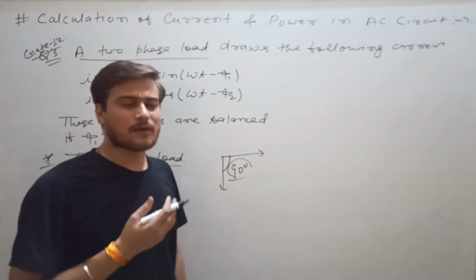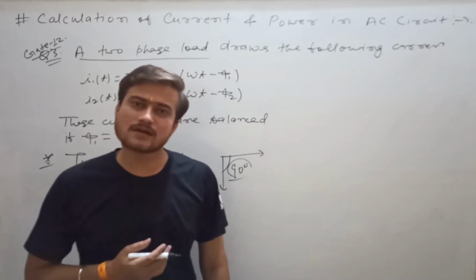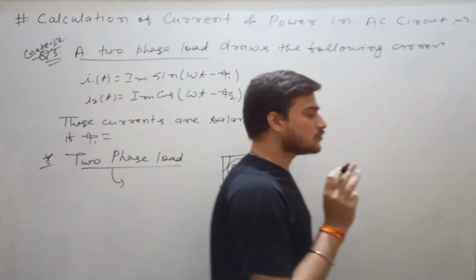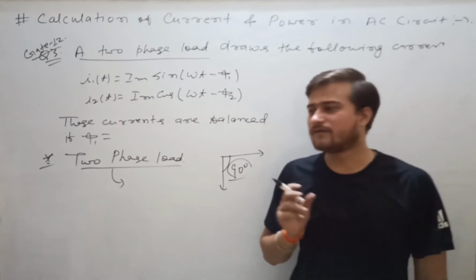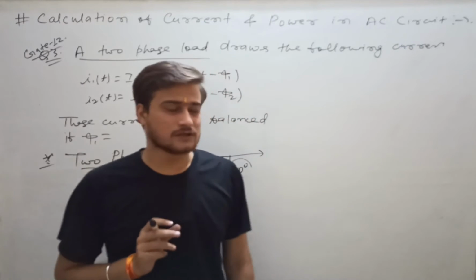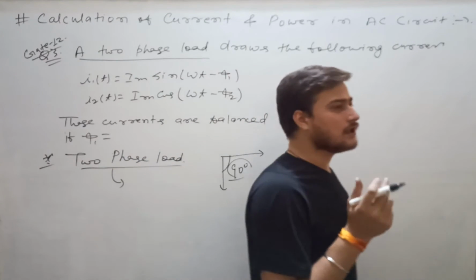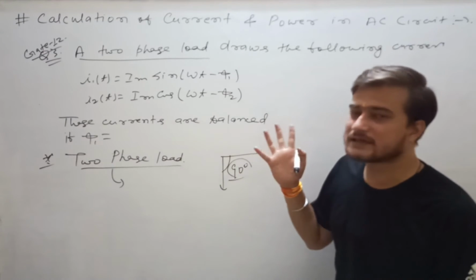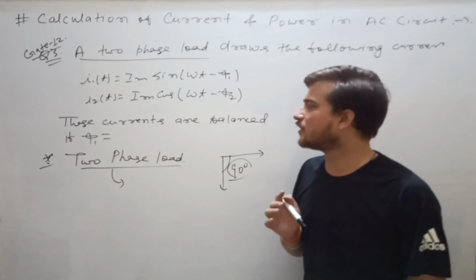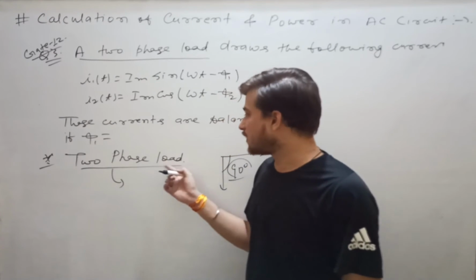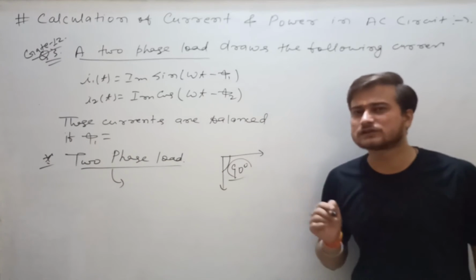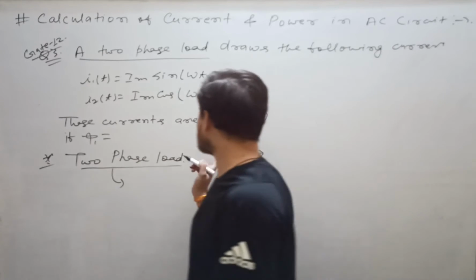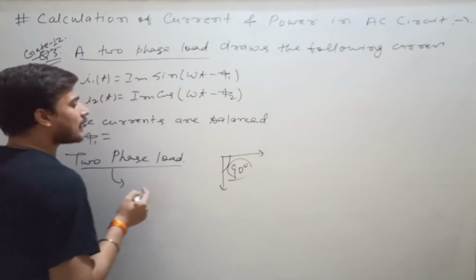If you are having the induction motor load, you are getting a single phase supply, and in the single phase supply a rotating field cannot be produced. So to produce a rotating field, you are using a capacitor. That means you are trying to make the phase difference of 90 degree so that a rotating magnetic field can be produced. So when two phase loads are there, the phase difference will be 90 degree, not 180 degree. For two phase load, both the currents will be 90 degree apart.